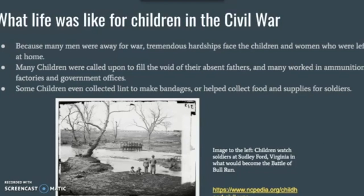For my slides, I'm talking about what life was like for children in the Civil War. Because many men were away for war, tremendous hardships faced the children and the women who were left at home. So many children were called upon to fill the void of their absent fathers, and many worked in ammunition factories and in government offices. These are just some examples, though. The children took over many different jobs that their fathers may have been working on before they went off to fight in the war. And then some children even collected lint to make bandages,